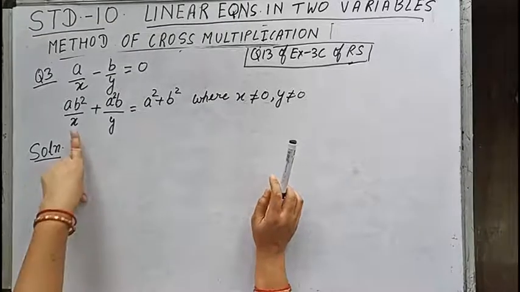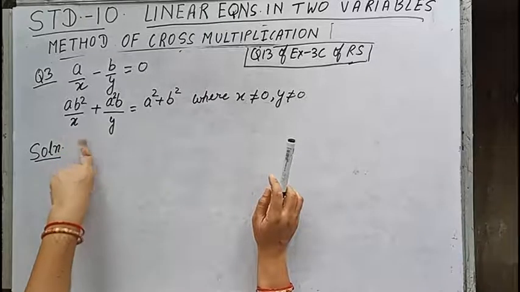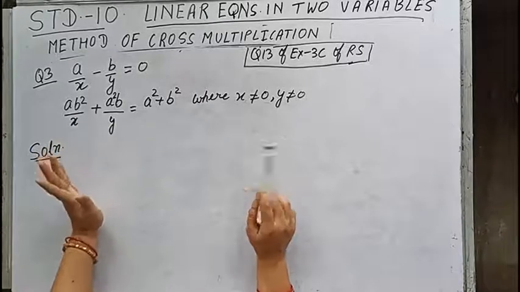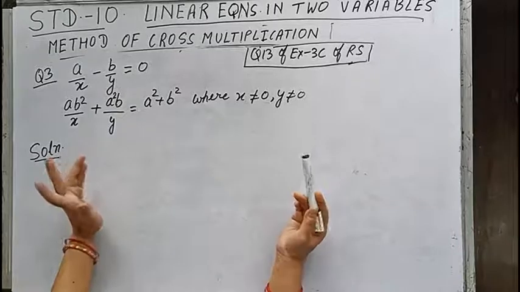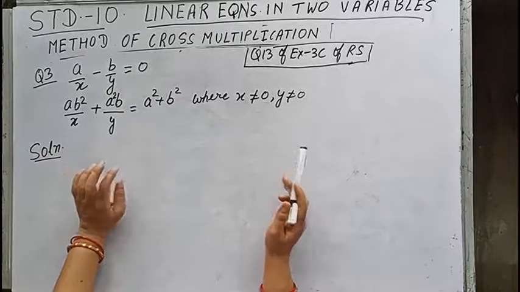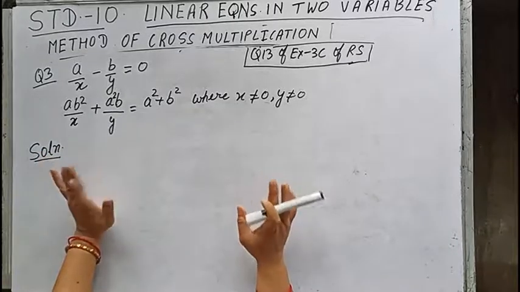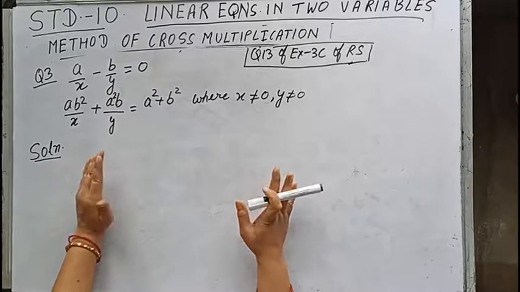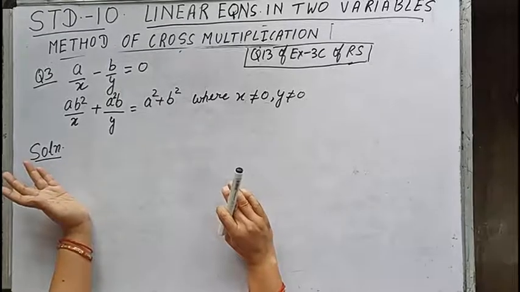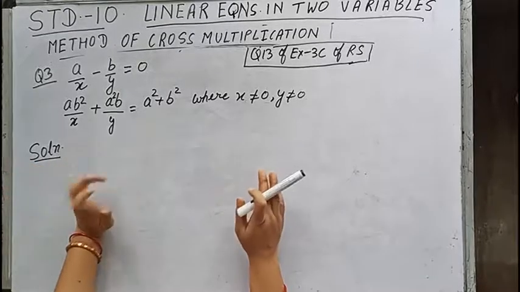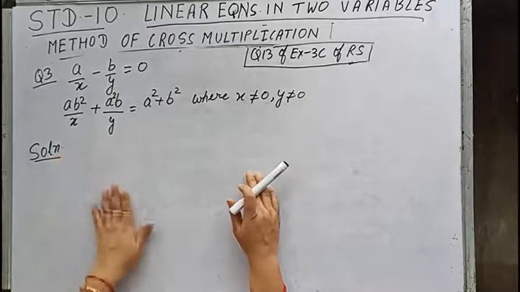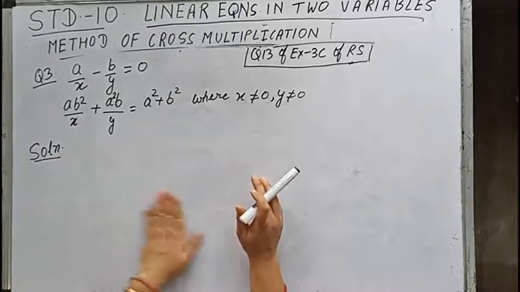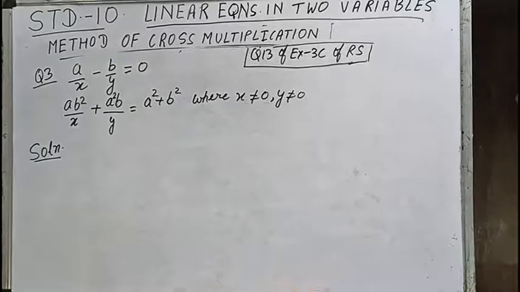Now children, over here also the variables x and y are in the denominator. So we will be supposing 1 by x as any other variable. I will be supposing u, 1 by y as v. We will be getting two linear equations in u and v. We will be solving by the method of cross multiplication, and hence in substitution in our supposition, we will be getting the value of x and y. So let us proceed, and we have done many sums like this in elimination, and the last sum in cross multiplication also was based similarly like this. So let us start.